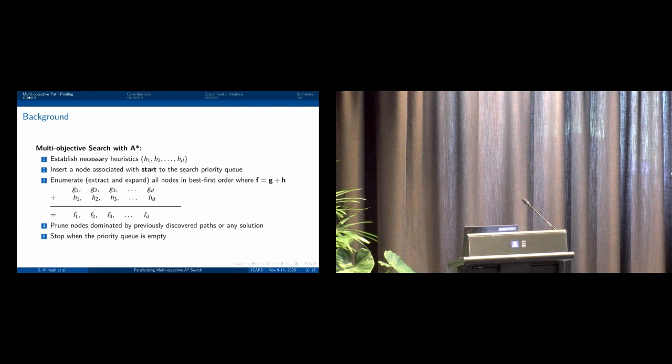initiate a start node and insert that into the queue, and then start exploring everything from start to goal in best-first order. As you can imagine, best-first order is G plus H, where G is the cost of the path from start to the state, plus H, which is a lower bound or cost estimate from the state to the goal. Then we add them up, so we get some F values. These F values are the total estimated costs from start to goal through that state. We have d of them, so we have a cost vector for F. We can do this and stop when there is nothing in the queue to explore, but there are some